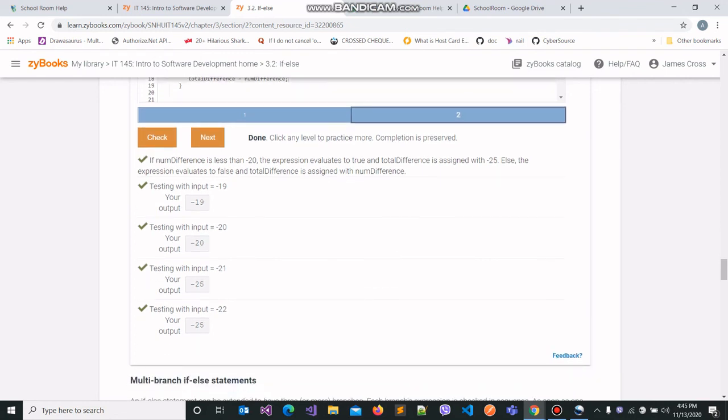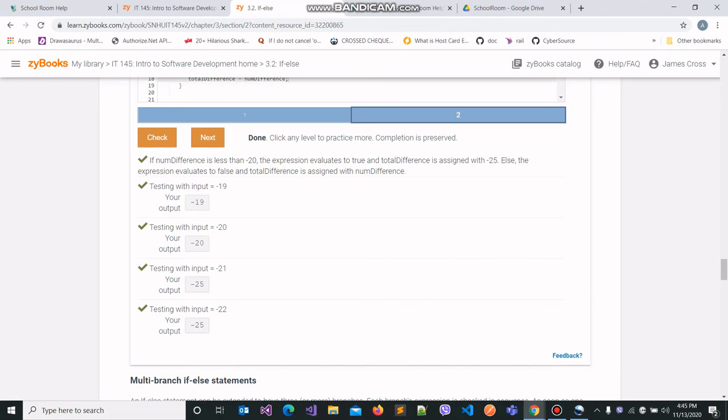And our program executed correctly. For instance, we had minus 19 as an input, which means that num difference is greater than minus 20, so total difference is assigned the same value as num difference held. Num difference was minus 19, which means total difference would also be minus 19.